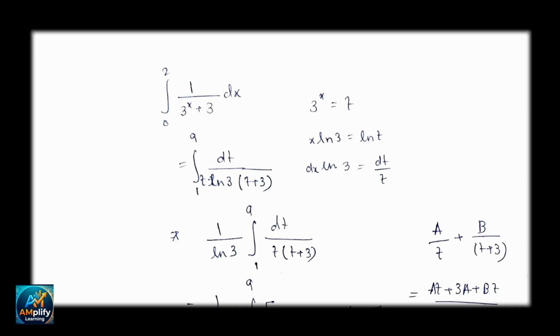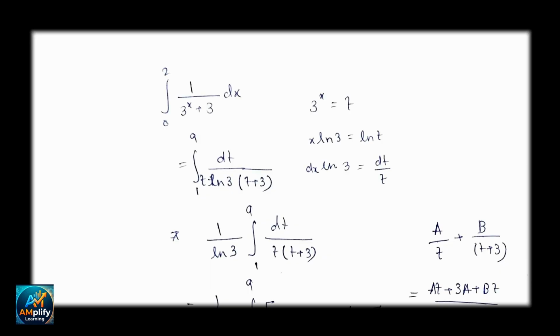t, right? So we substitute it into the integration and we get, obviously when you see the limits, when x is 0 we get t is equal to 1, and when x is 2 we get t is equal to 9. So we have also substituted the changed limits, so it is from 1 to 9 dt by t ln 3 into t plus 3. Okay, so if we take out the constant 1 by ln 3 out of the equation,